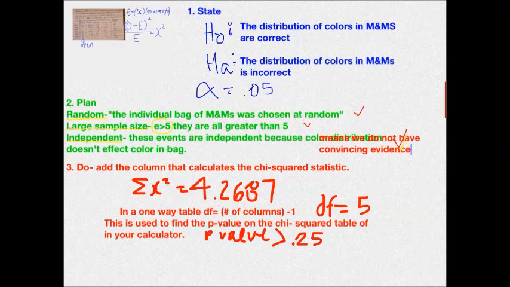Then that is used to find the p-value on the chi-squared table or on your calculator. Then we said the p-value that we found on the chart was greater than 0.25. That's extremely large, right? Large, large, large. And if it's large, what does that mean? Good. That means that in the conclude step,